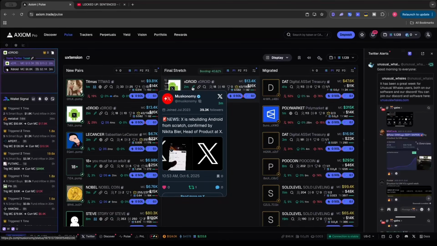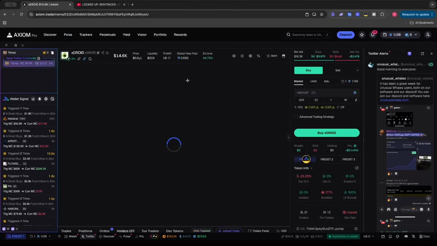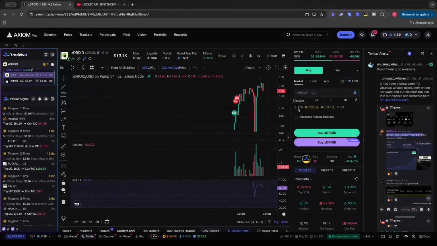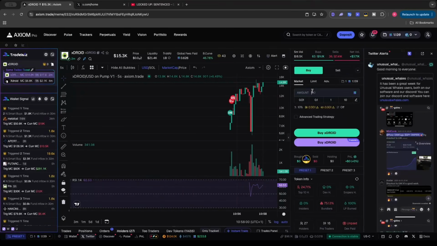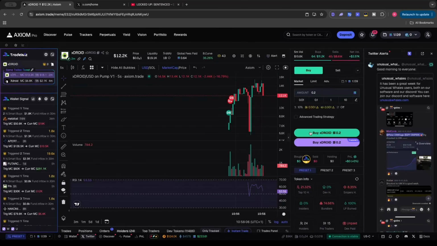X is rebuilding Android from scratch, which is mad. What, X is buying Android? So this is one that I'm like, oh, this might actually have credibility. As you can see, it's taken off a bit. So we'll wait for the dip. Oh, it was 75. This is one that's taken off a bit, but you can see that the bundler amount